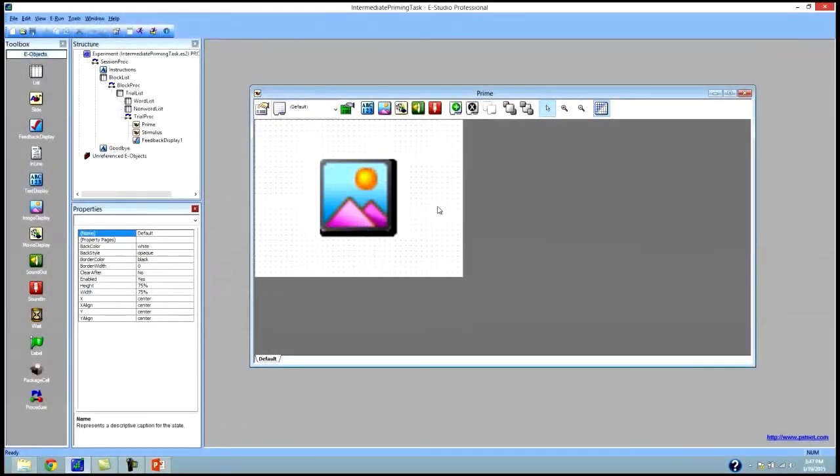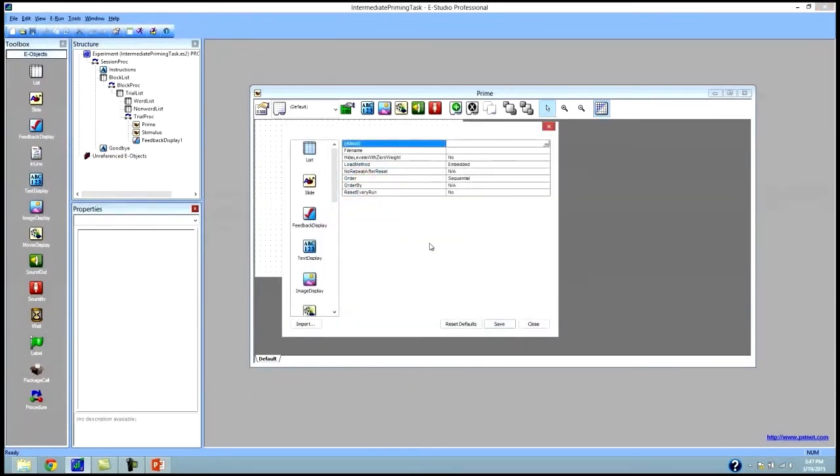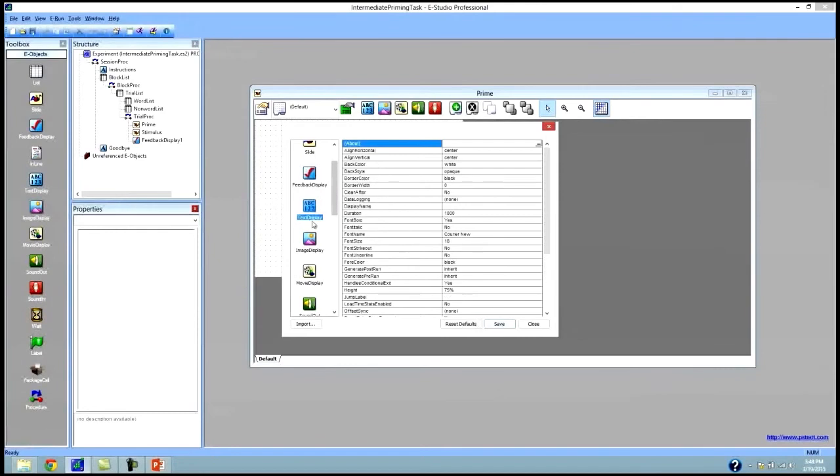So before we move on from our prime object, I would like to demonstrate one very cool feature of ePrime 2.0 Professional, and that is something called Toolbox Defaults. You can get to Toolbox Defaults by right-clicking in the toolbox and clicking Toolbox Defaults. What this Toolbox Defaults property allows you to do is preset the default value of every object in eStudio. So for example, let's say that when I'm editing my task, I find that I'm always changing